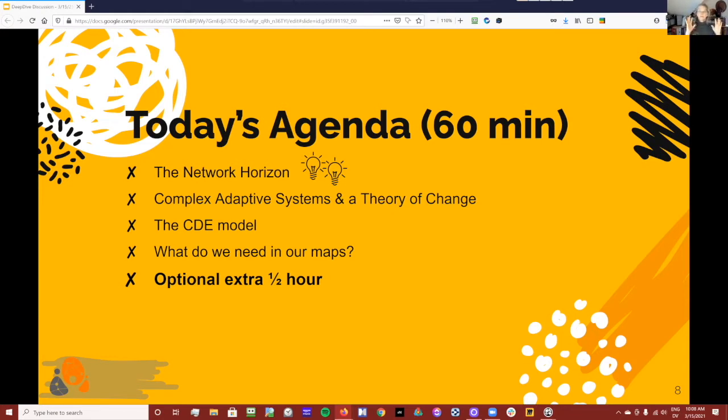I know most of you are already fairly much systems thinkers, or some of this will be really familiar to a lot of you, but it's going to be like a really flyover kind of an intro, just to help ground us. And if you're not familiar with it, don't worry. You don't have to remember any of it. It's not going to impact your engagement later. I'm just trying to sort of set the context for thinking about survey development. So I'm going to talk about the network horizon, complex adaptive systems and a theory of change, the CDE model, and having done all that really quickly, we're going to do some shared thinking about survey development using Mentimeter and breakouts. So yeah, that's a lot of stuff, which I'm going to whip through.